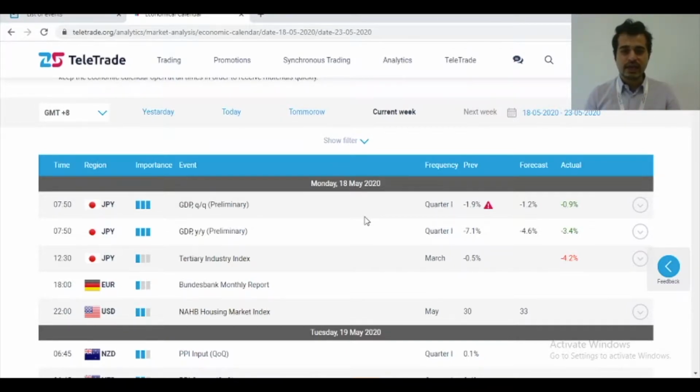So what we're going to do today is go through the economic calendar, and then have a look at some of the major important events that will be bringing fuel and volatility in the technicals, which will also help you to position your trades and get yourself prepared in advance. All right, we are today on the 18th of May 2020.